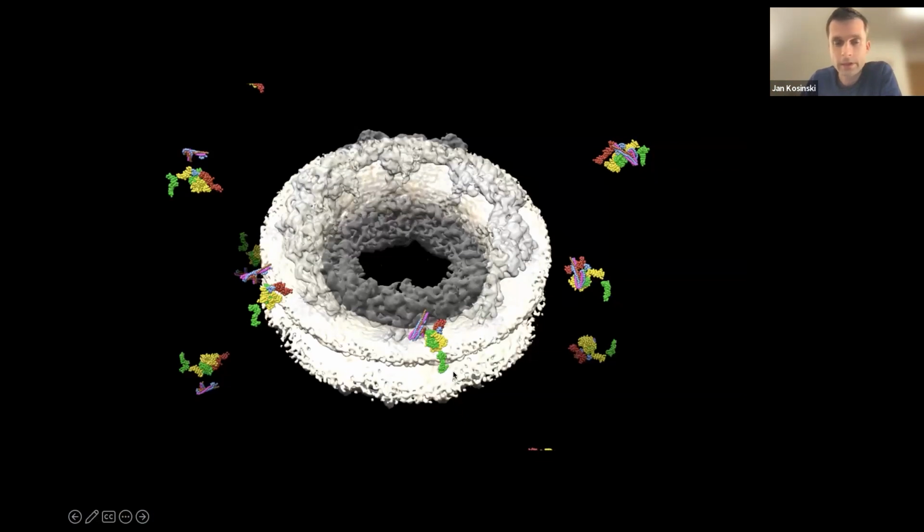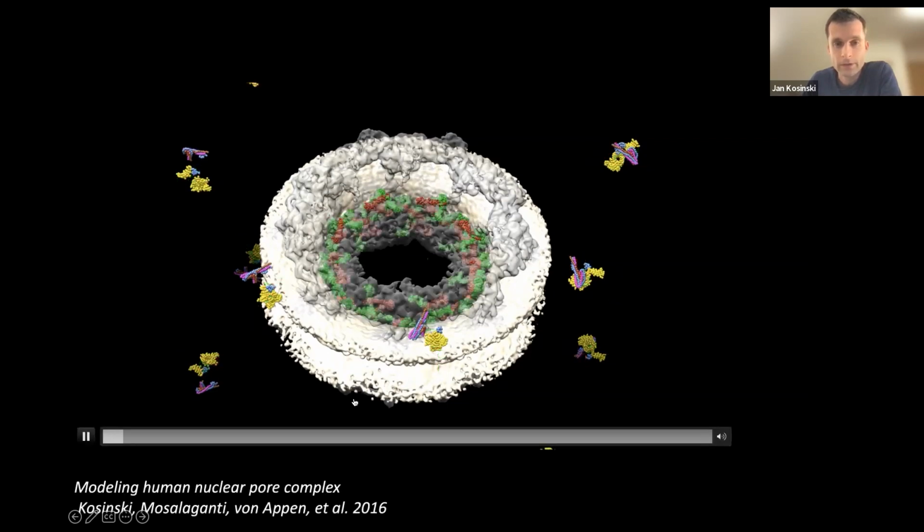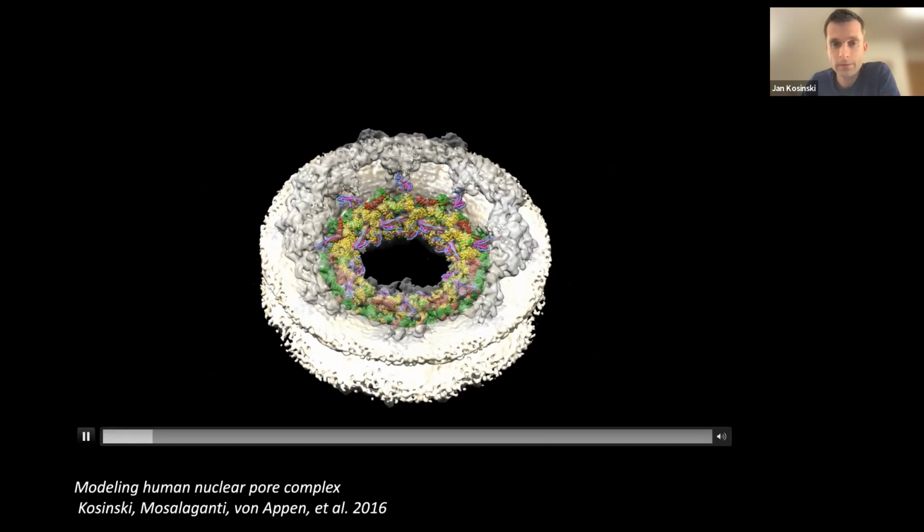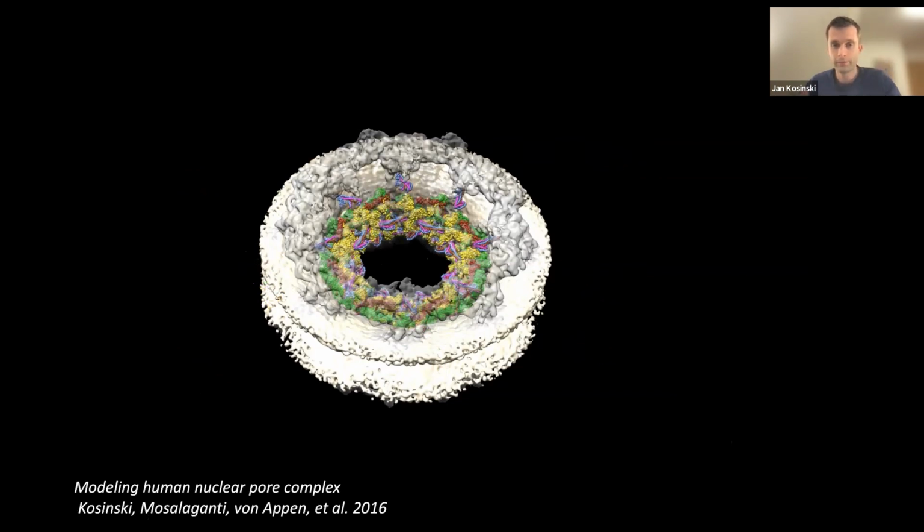Here is another example of how this global optimization works. So here you have an electron microscopy map of the nuclear pore complex and some nucleoporins in this coarse grain representation. And you can see that they immediately jump into the map and do very big jumps and look for the right position and actually converge very quickly.